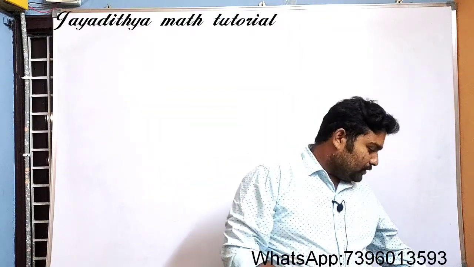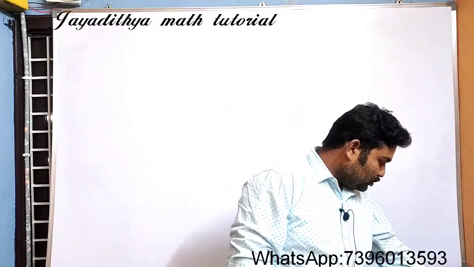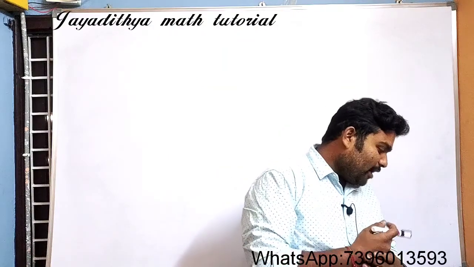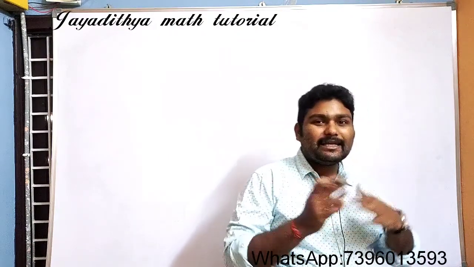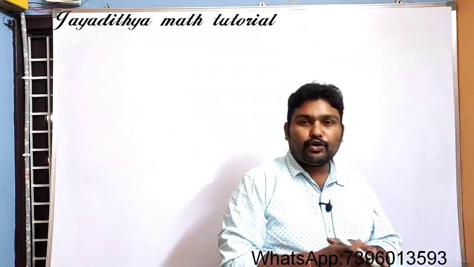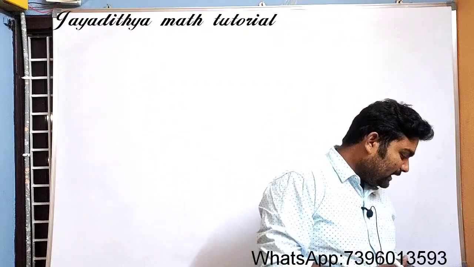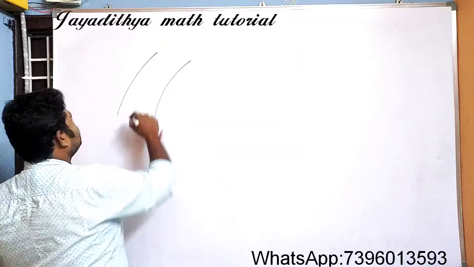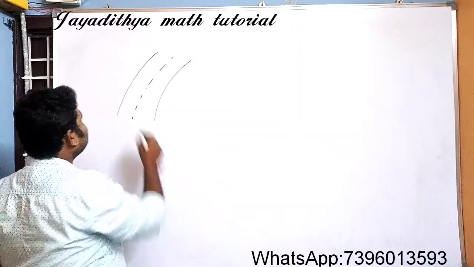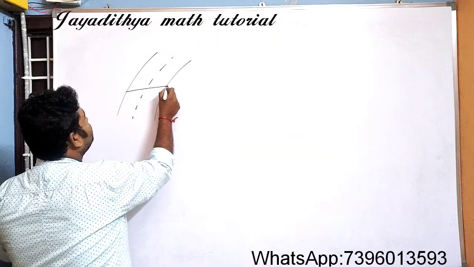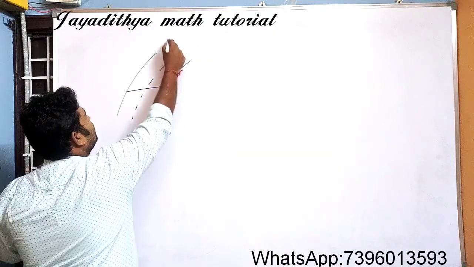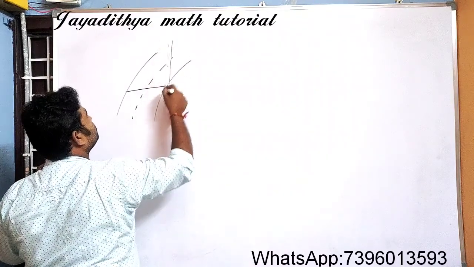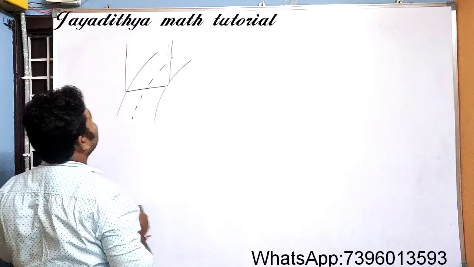Here he has given that there are two poles of equal heights. Two poles of equal heights are standing opposite to each other on either side of a road, which is 120 feet wide. So see here, let us draw the road first. Let us think this is the road. On either side of the road, there are two towers. So here is a tower, and here is also one more tower.